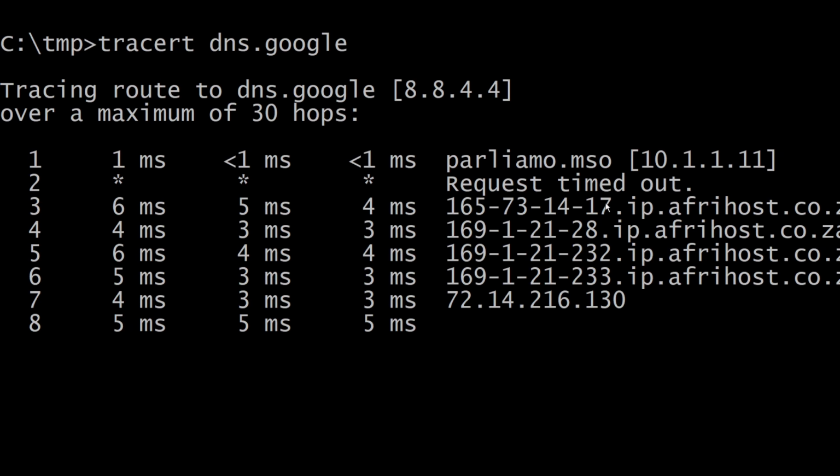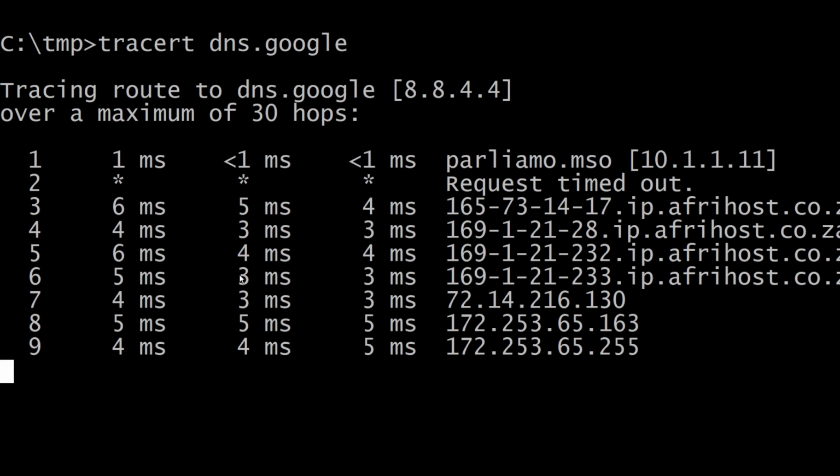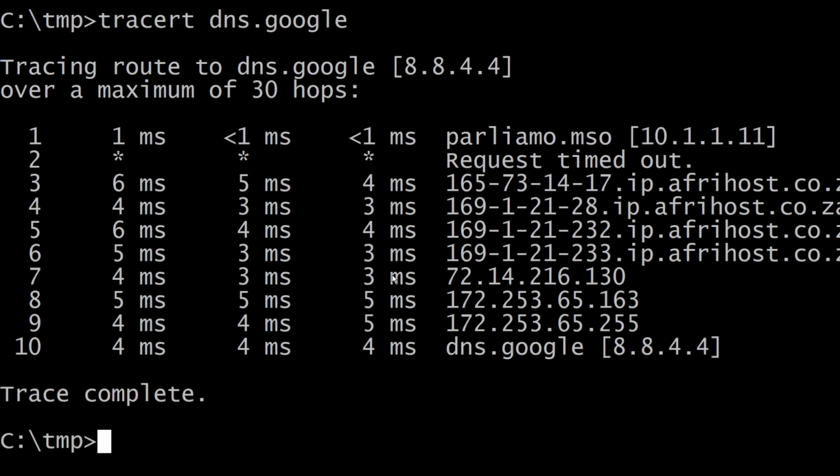The speeds that we see over there indicate more or less how fast the responses are, and that tells you something about the network speed. Also, if you see a large number that suddenly pops up, then you may know that that is where a delay is in the particular context.